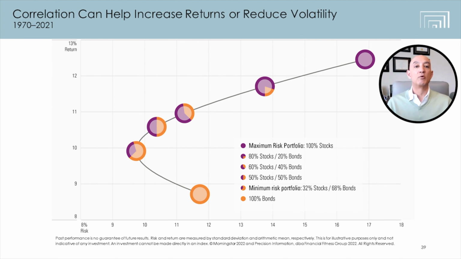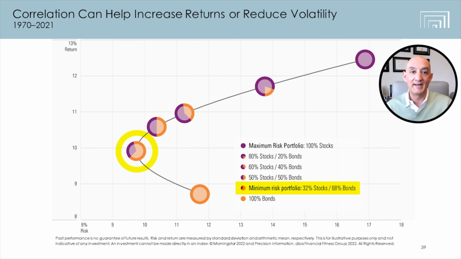So this is a risk reward chart. And ideally, we always say with this chart, you want to go up and to the left when you can. Things don't really work that way, but you want to ideally go up to get higher returns and left to have lower volatility or risk. So on the bottom right in the orange, this is a 100% bond portfolio. If you had added about 1/3 in stocks to that portfolio, so now you're adding something that is more volatile and more risky, you would have kicked up your returns, because stocks have done better than bonds over almost every long period of time.